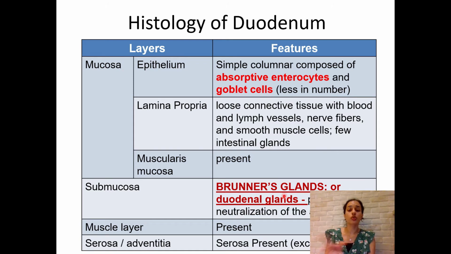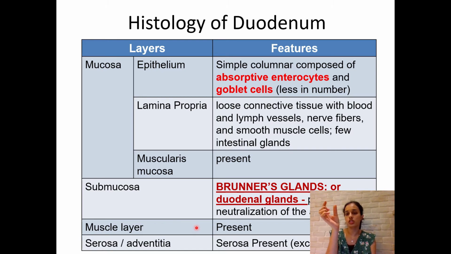How to differentiate when it is focused under the microscope? When you see mucosal glands in the submucosa, concentrate on the epithelium. If it is stratified squamous non-keratinized epithelium, then the structure is esophagus. If you are seeing simple columnar epithelium, then it is duodenum. This is how you differentiate esophagus from the duodenum. They have a muscle layer and also serosa is present, but especially at the first part.